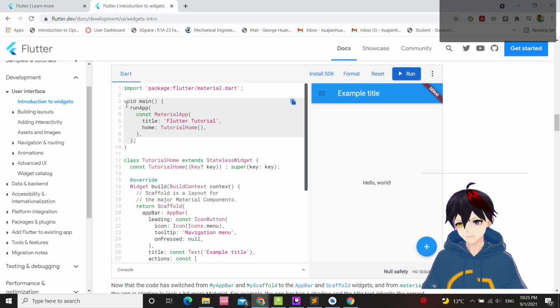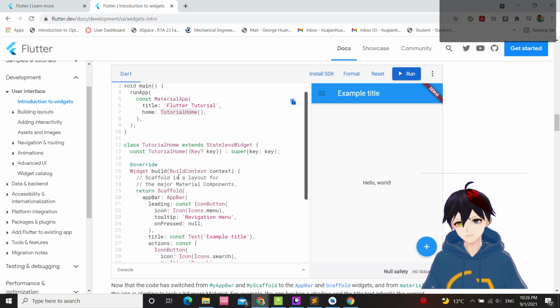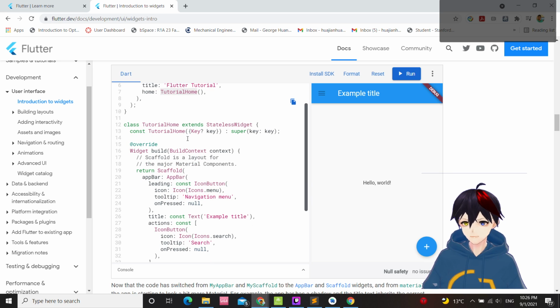This is like the main, and then these are defining functions to be run here. So tutorial home is here. Then we have the build of tutorial home.